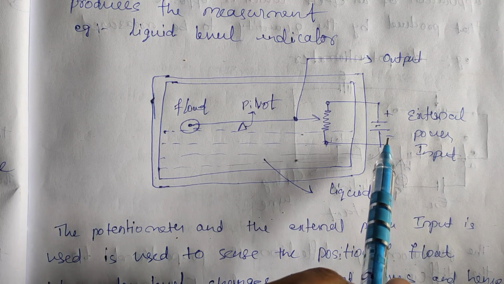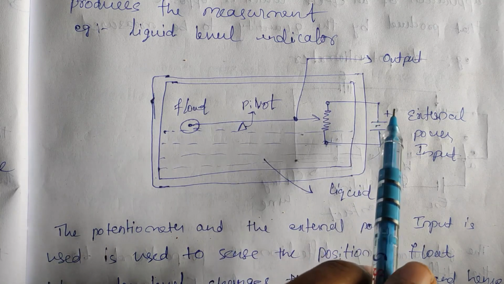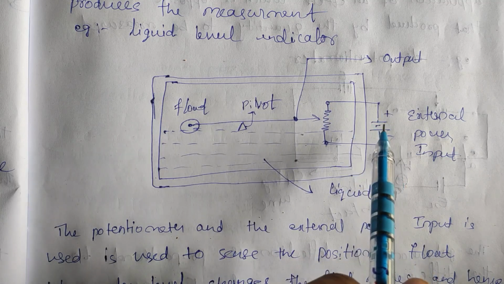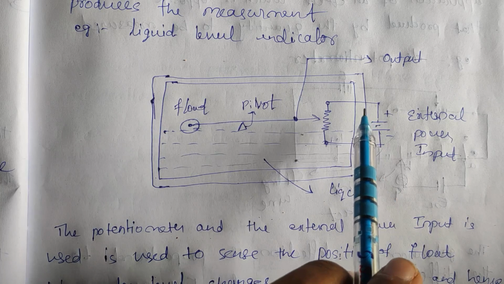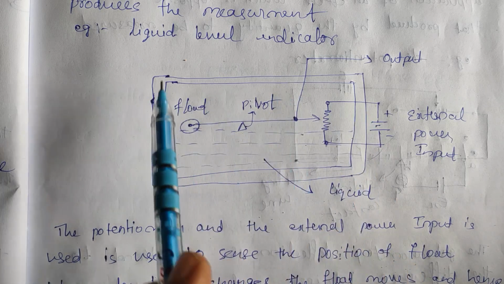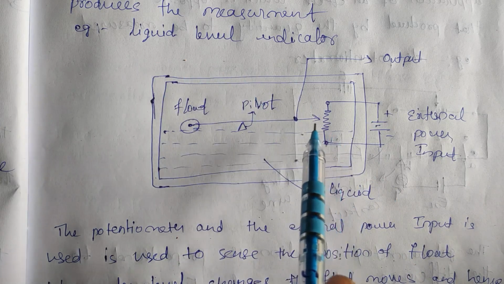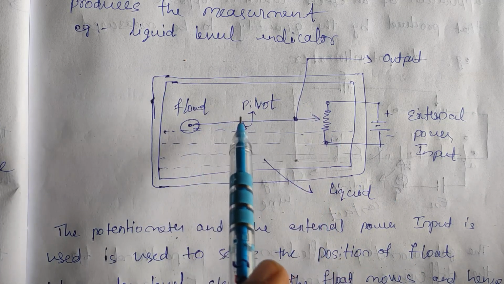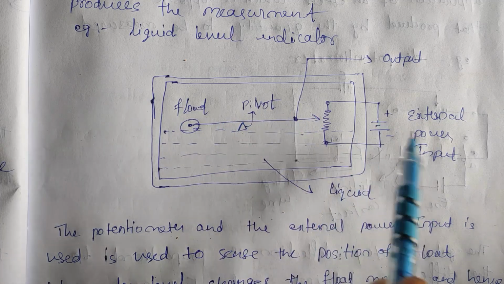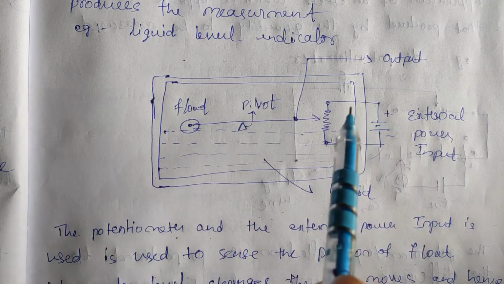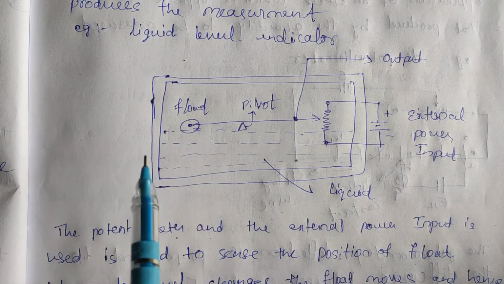Okay, so we need an extra external source input for the measurement. Okay, so that's why this is called active. Okay, so here the potentiometer and the external power input are used to sense the position of the float. Okay, so we are using both the potentiometer and the external power input to sense this float. So that's why it is called an active